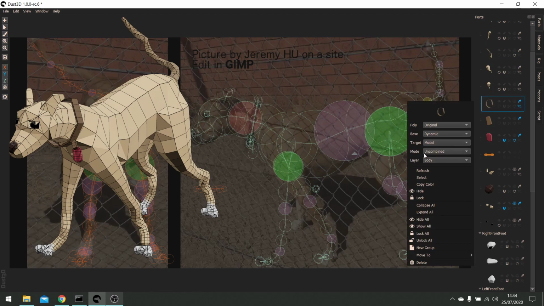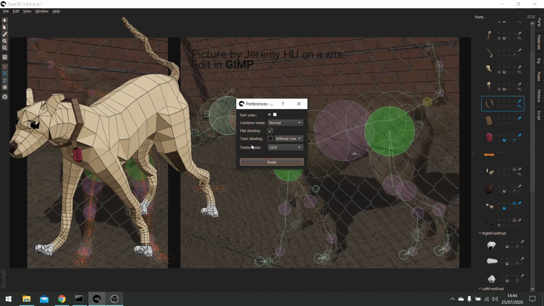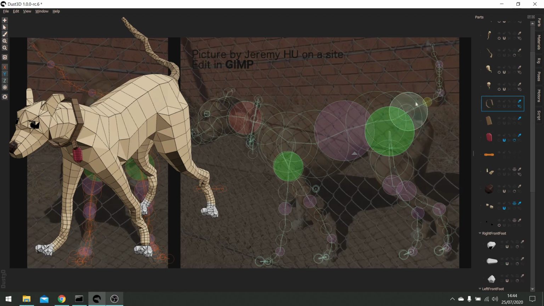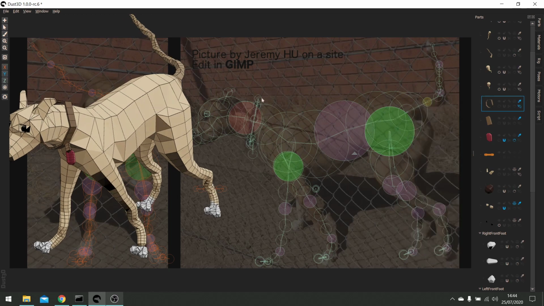So let's check the mode, it's uncombined. The uncombined, we talked about before, we can set the default combining mode here. And normally the default mode is normal. We can change it. So let's say this one, if I move it here,